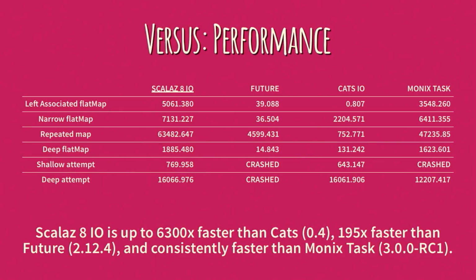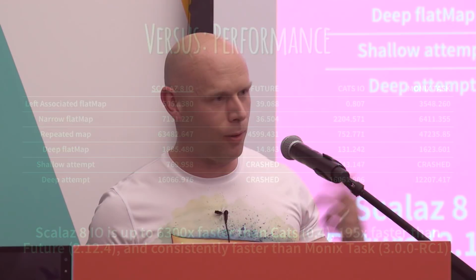But I included Future here, even though it's not a functional effect monad. It's a non-functional pseudo monad. But I included it here for reference because you're probably using Future. So Future is really, really slow compared to Scalaz 8 IO. Scalaz 8 IO has all the same stuff in it as Future, only far more with far stronger guarantees. You now have a business case to go to your boss and say, look, it's just not pragmatic to use Future. We got to rip all this stuff out and use this purely functional stuff known as Scalaz 8 IO. You have a business reason to go there and to use something that's up to 200 times faster with much stronger guarantees that are going to matter to the business.